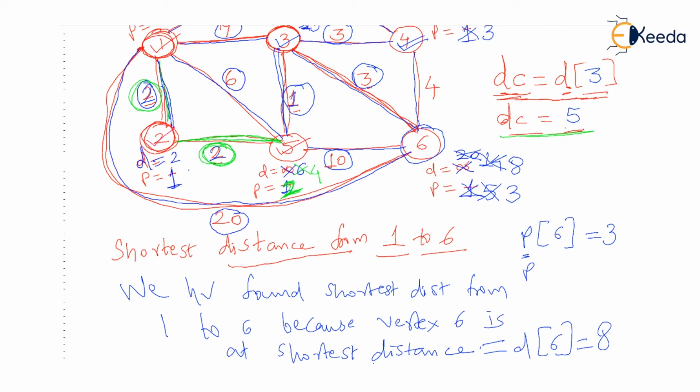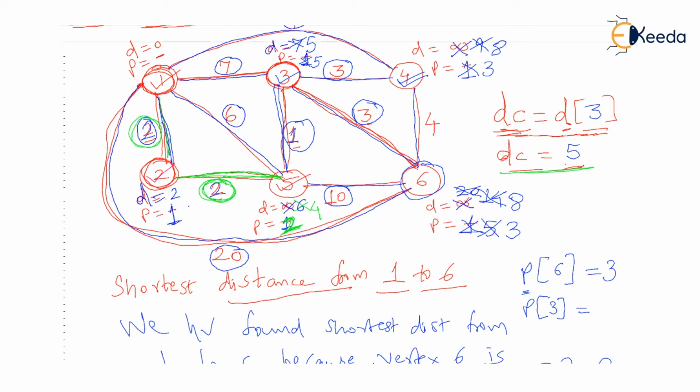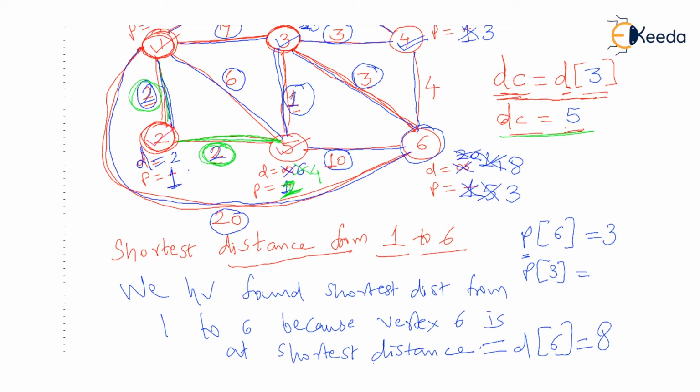Now P3 over here in our graph, as you see, has gone out of screen. Wait a minute. P3 is 5. Observe, P at the third vertex is 5. Now as P3 is 5, you will check P5. Check the path at the fifth vertex. Path at the fifth vertex is 2.